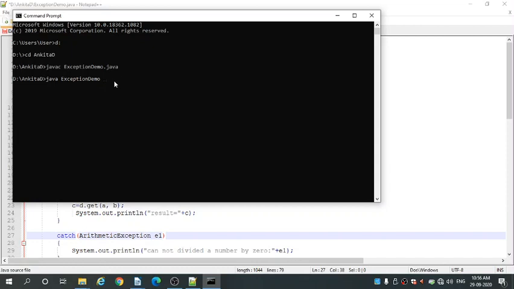So I'll pass here 10 and 2. 10 is for a and 2 is for b. Press enter. So here the result is showing 5.0 and end of program.